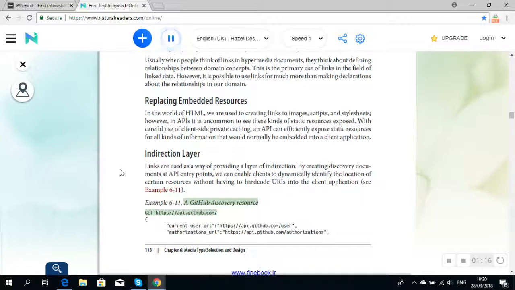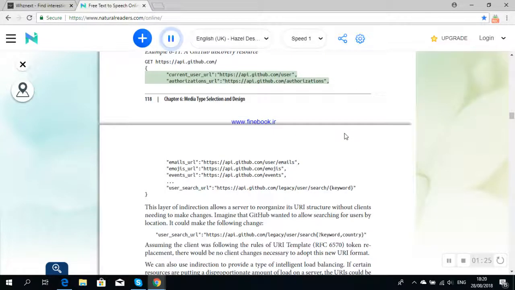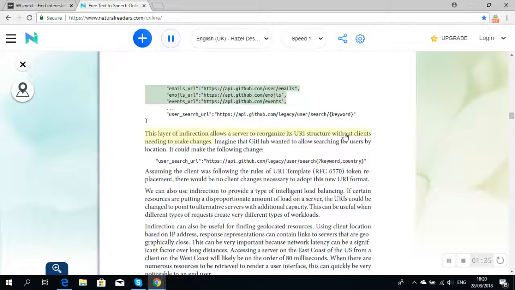https://api.github.com/ current_user: https://api.github.com/user, authorizations: https://api.github.com/authorizations, emails: https://api.github.com/user/emails, emojis: https://api.github.com/emojis, events: https://api.github.com/events, user_search: